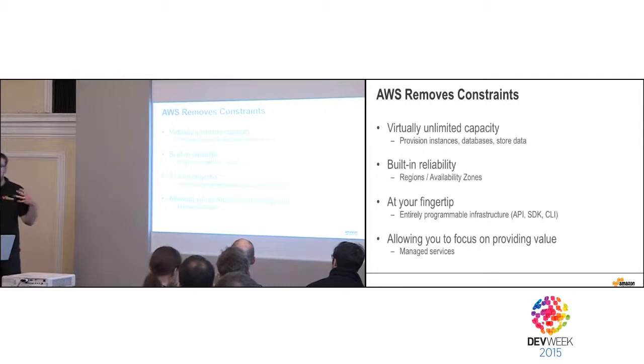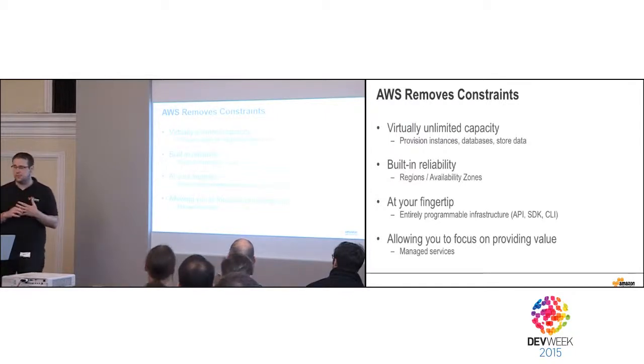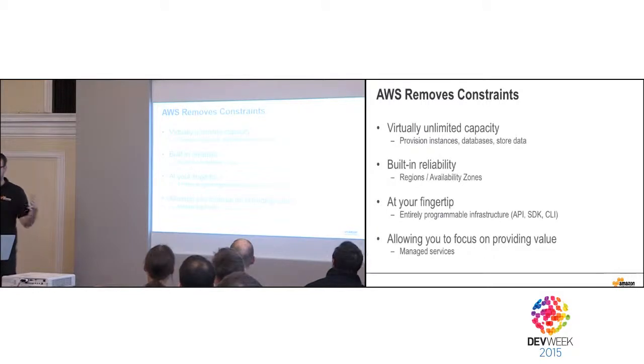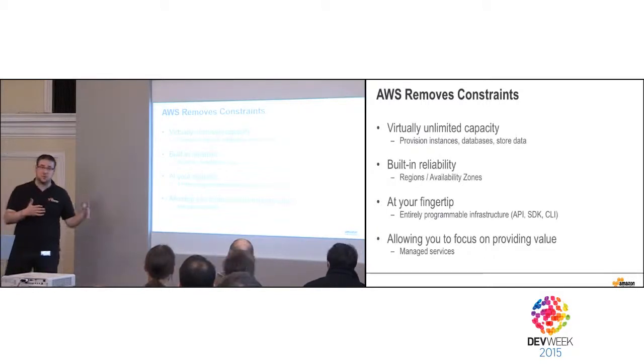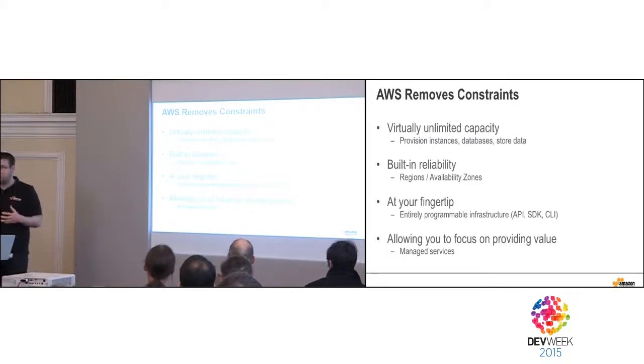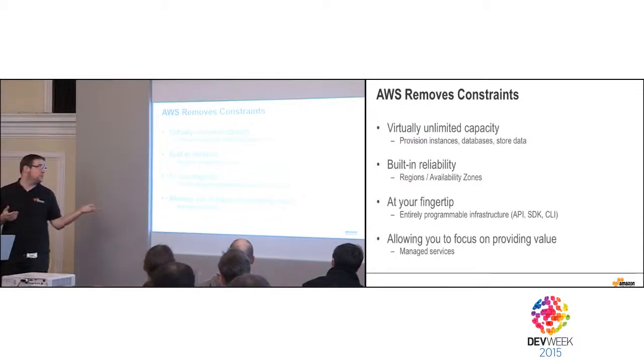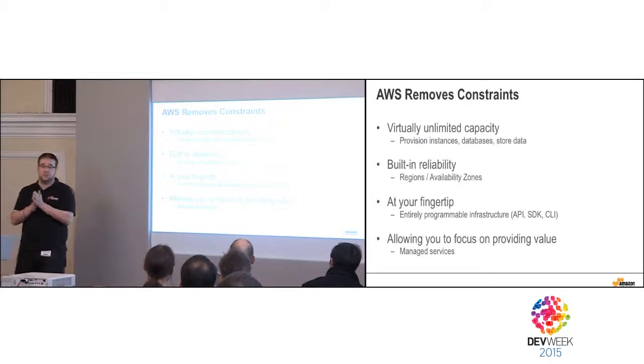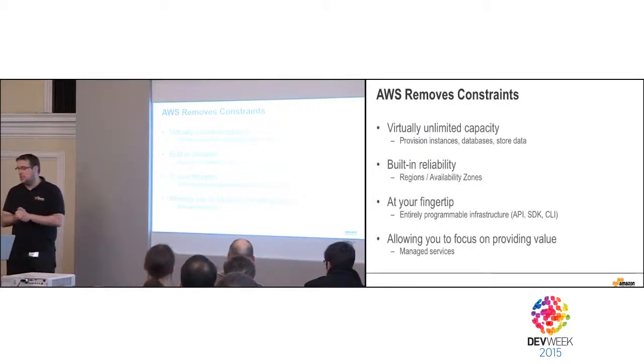So you can provision one instance, which is a virtual machine in the language of AWS, or start thousands of instances. It's going to be the same code, it's just the values that you need to change. So just make sure that you don't get the wrong value, because chances are we're going to start 1,000 instances and bill you for that. So just make sure that you know what you start on AWS. You can also start databases, store data, and if we take the example of Amazon S3, it's a service that turned 9 years old just a few weeks ago.